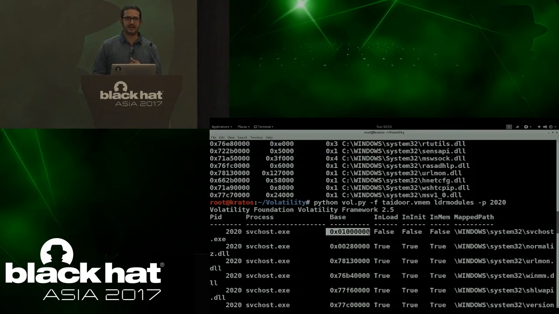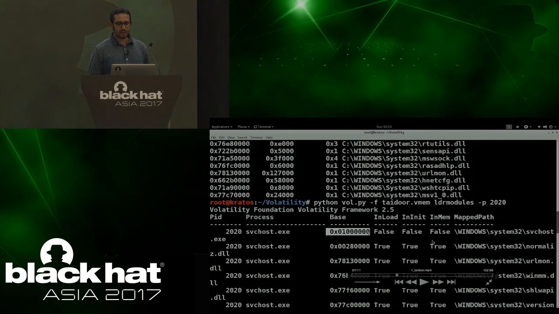That's the first thing. Second, if you paid attention to what I said in the process memory internals, I told you these LDR modules rely on the 3 doubly linked lists in the PEB, not the VAD tree structure. You notice what it is saying here. It is telling you that in the in-load order module list, svchost.exe is not present, and in the memory order module list, it's not present. So it is giving you a feeling that this module has been unlinked.